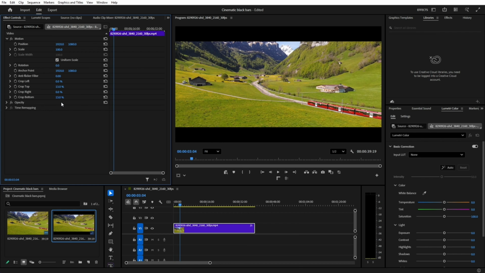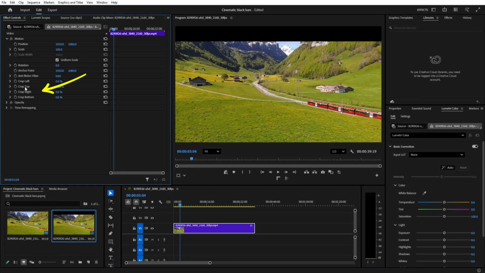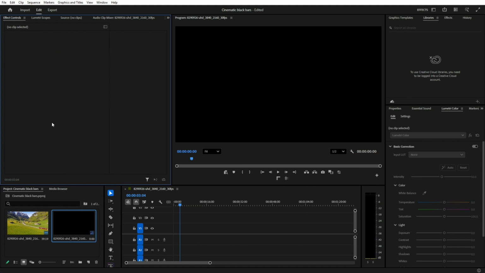The reason I'm adding 13% is because we want to convert this clip to a modern cinematic widescreen format, which is used in most Hollywood films today. Okay? And now one additional thing is, if you cannot see crop settings here under Effect Controls, what you might